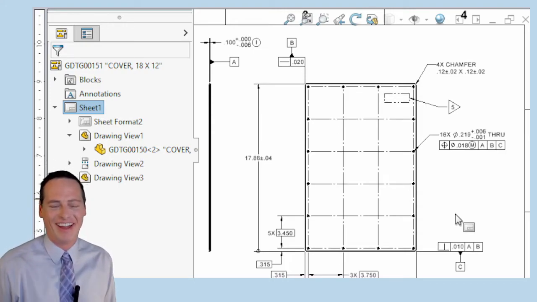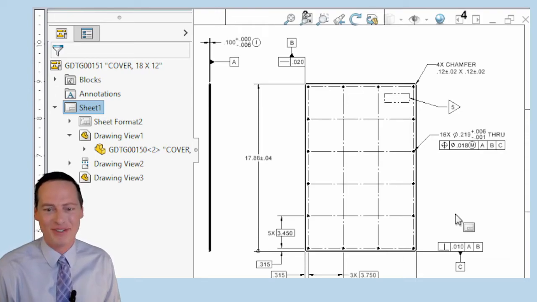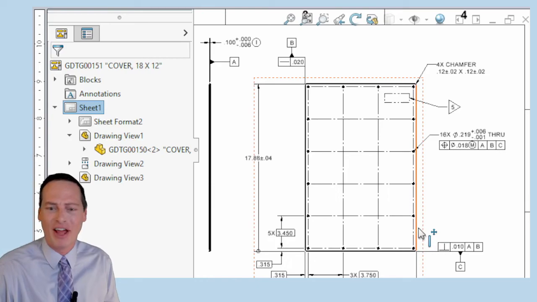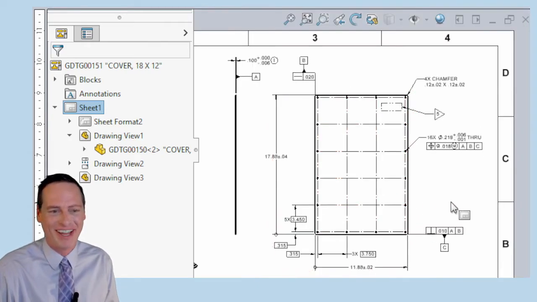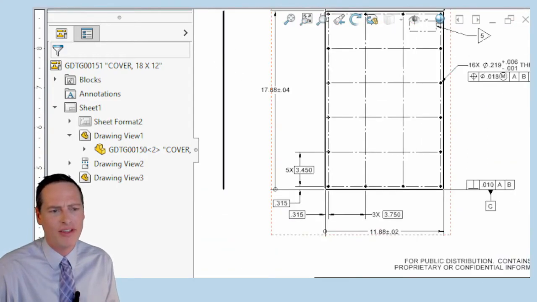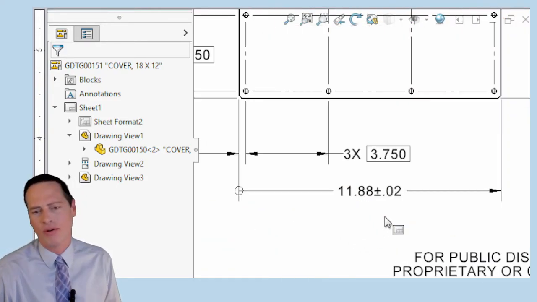So there's other things we might do with that. I'm just thinking about it now, but let's just keep moving on. I got another beef with this, which is that we're calling out the length and the width of the part. Oh, let me show you one thing I did,